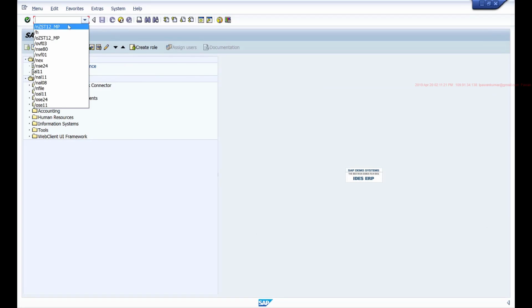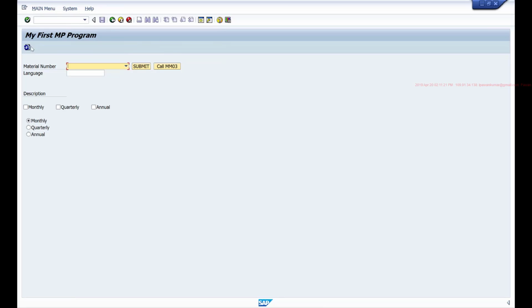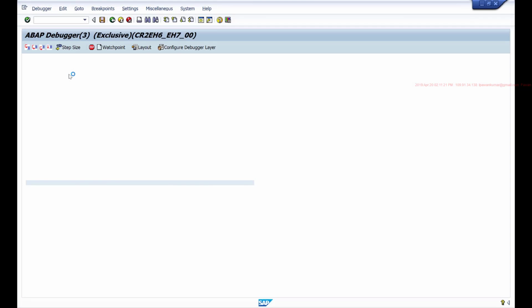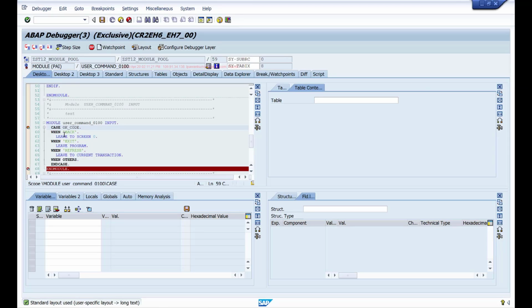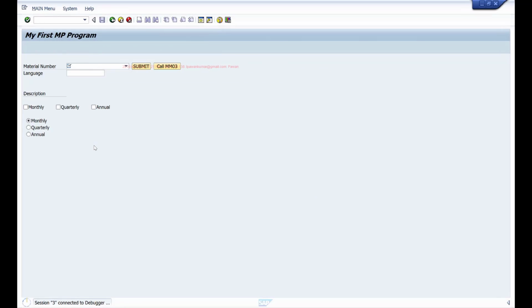And similarly, if I click on this refresh, it is bypassing that mandatory field check and calling our module. So it will load the same transaction. However, if I click back, it doesn't trigger that module code at all because for this button we haven't maintained type E as the function type.